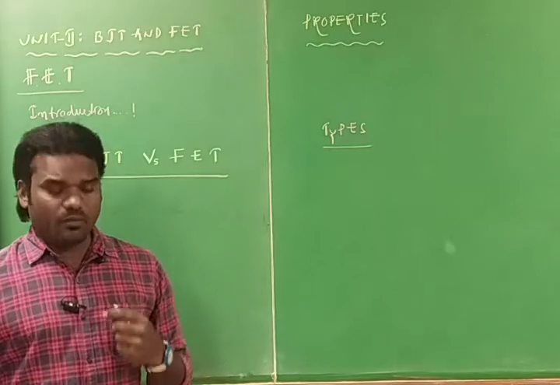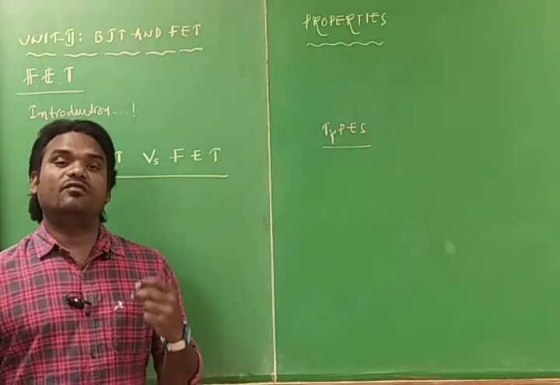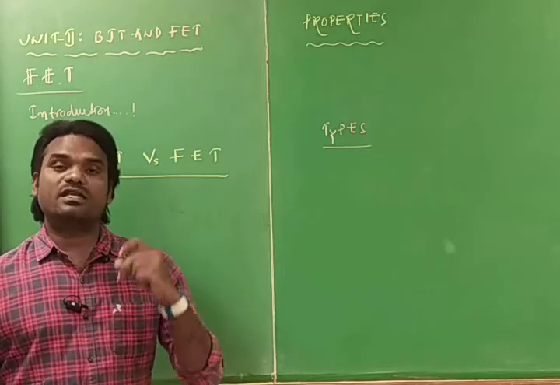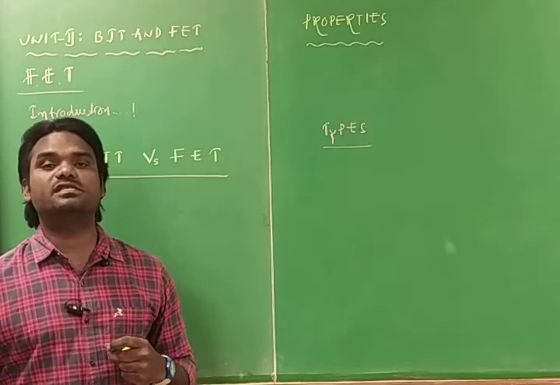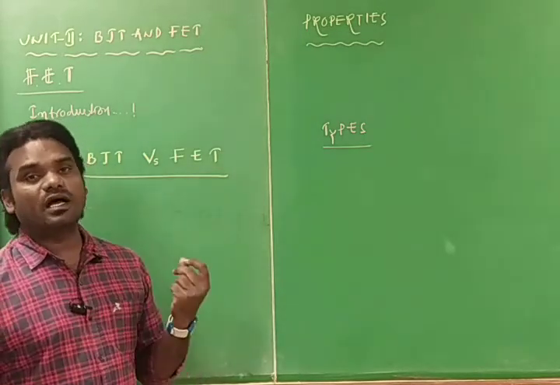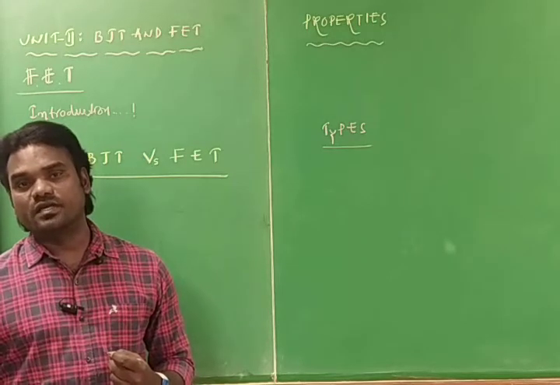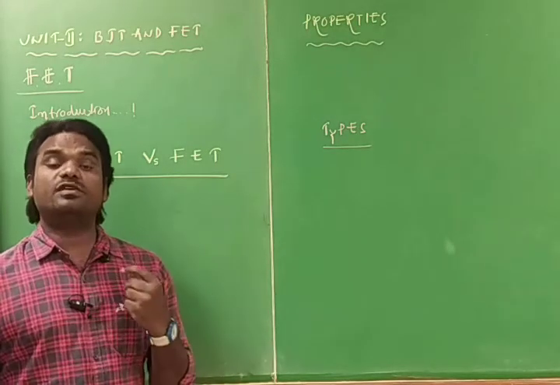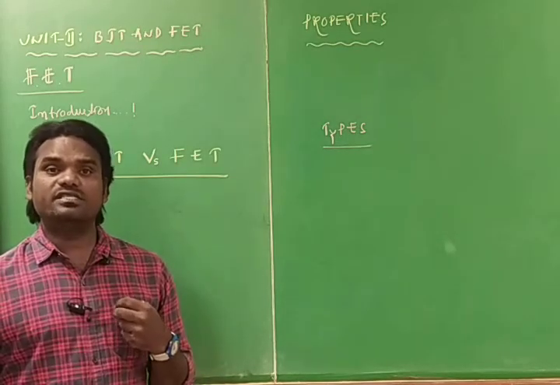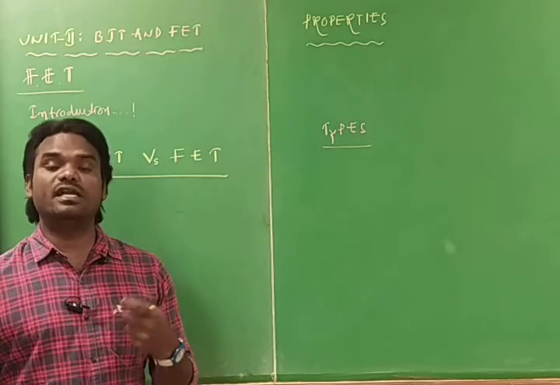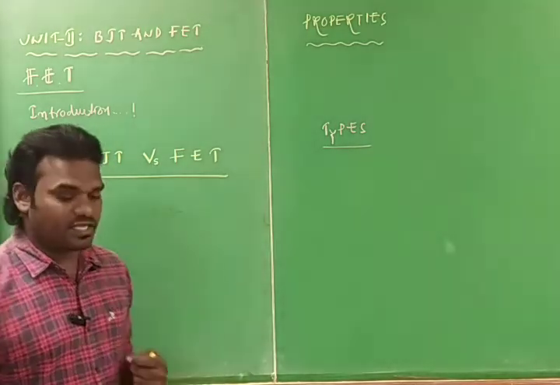That is the first point. The second point is that when we compare the BJT with the FET, we can get the FET, that is field effect transistor, in smaller size compared to the BJT. BJT stands for bipolar junction transistor. And the BJT offers more noise than the FET, so by having all these advantages, FETs are widely used in the fabrication of integrated circuits. In short, we call them ICs.